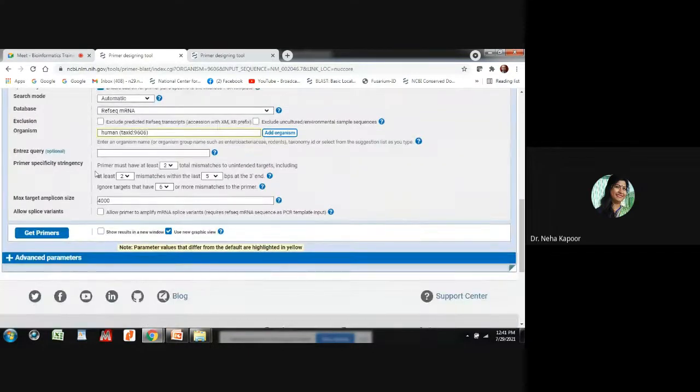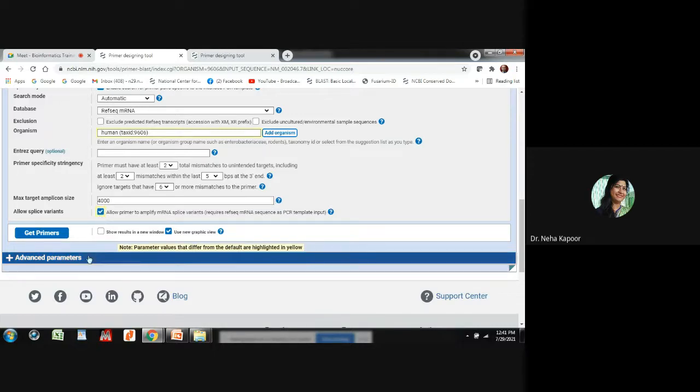Next is, if you want to have primer specificity stringency, that means primers must have at least two mismatches with one another, or they shall have some five mismatches at the 3' end. These things I am keeping as default. Maximum amplicon size 4000. You can also choose whether to allow primers to amplify other mRNA splice variants.